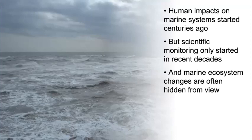Part of the problem that we have when it comes to looking at changes in marine ecosystems through time is that our impacts on marine ecosystems, our influences on these systems, started in some cases many centuries ago. However, our ability to observe beneath the surface of the water and to monitor and document that only really started in recent decades. And of course, even today, it's hugely expensive. It's logistically difficult to survey beneath the